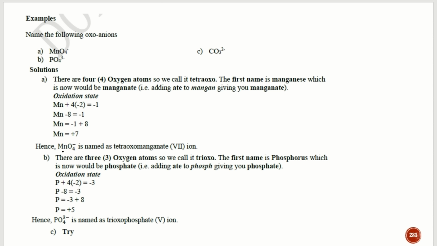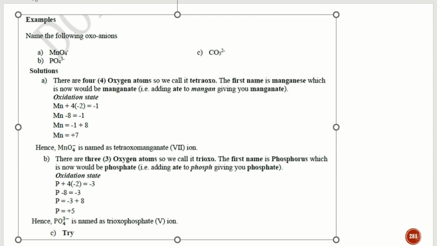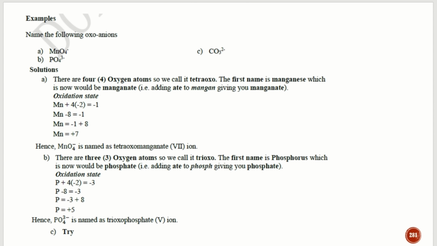The same thing applies to B. The number of oxygen atoms would be 3. So we identify the number of oxygen atoms, and the number of oxygen atoms here is not 3, it is rather 4. So we'll make that correction. So we have 4 oxygen atoms, we will call it